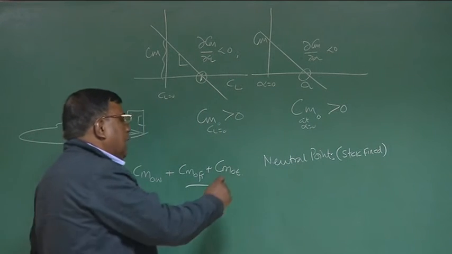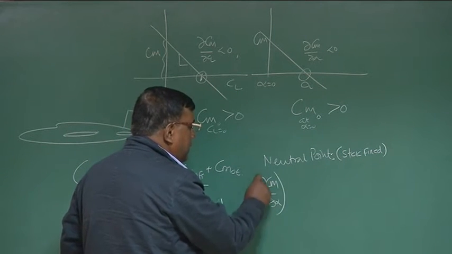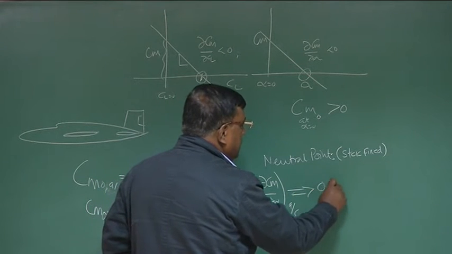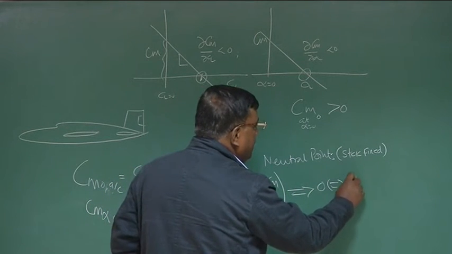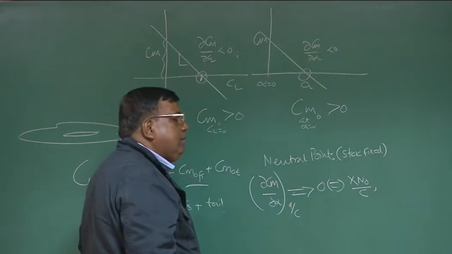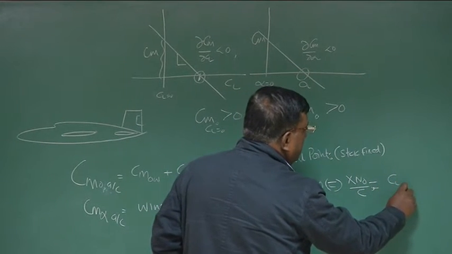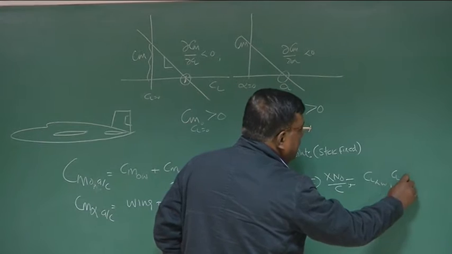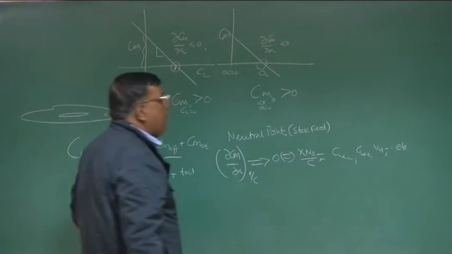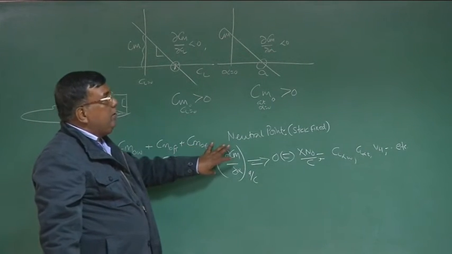We derived an expression for dCm by d alpha of the whole airplane, and then we equated that to 0, and from there we got an expression for xNO by C, the neutral point stick fixed, in terms of CL alpha of the wing, CL alpha of the tail, VH, etc. You can check your formulation. What is important here is that we have not incorporated any effect of